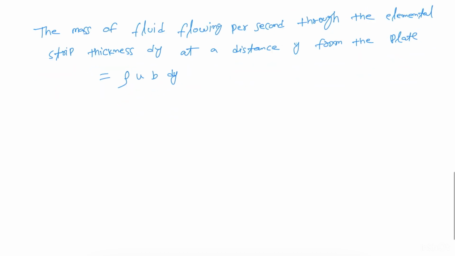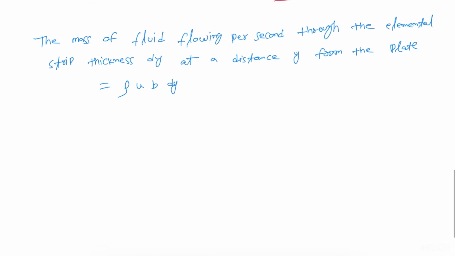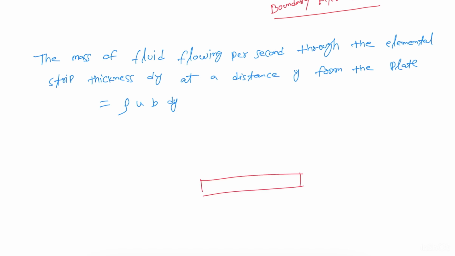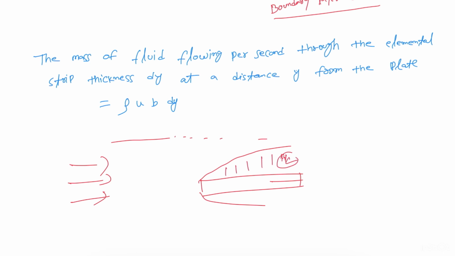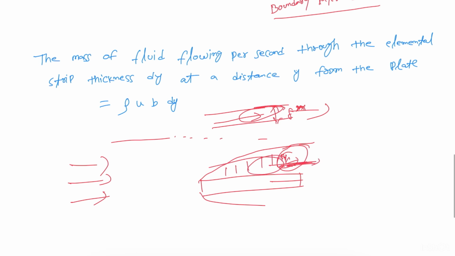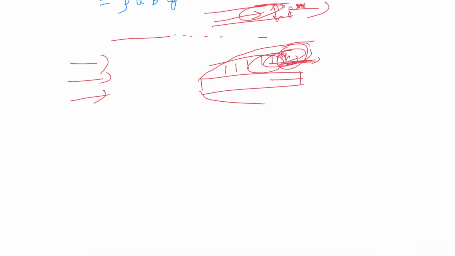Now we consider the fluid flow. This is the solid body, boundary layer formation. The losses of this kinetic energy in this boundary layer will be compensated by the fluid flow in the delta dash energy thickness zone. That means the energy of this zone will be equal to the losses of energy in this zone. Now we calculate the losses of energy in the boundary layer. Losses of energy in this boundary layer will be calculated by subtracting